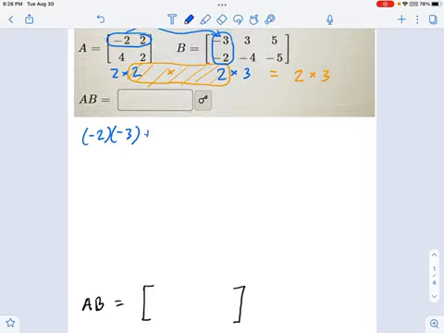And then I'm going to add +2 times -2. What's happening here is I'm taking this part of the top row and multiplying it into that part of the left column. Now we just do this multiplication out. It's not too bad. It's just going to be 6 plus -4. Okay, so that's 2, and that goes right here. That's our top left entry.